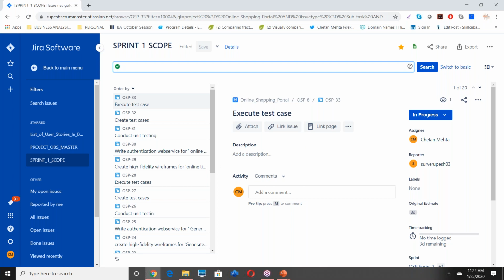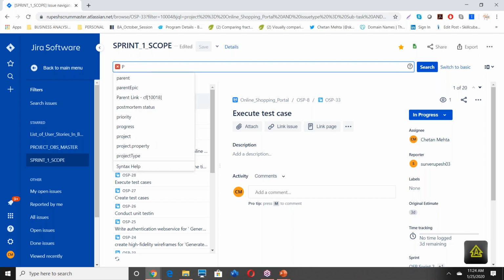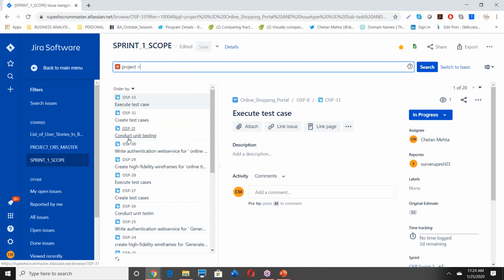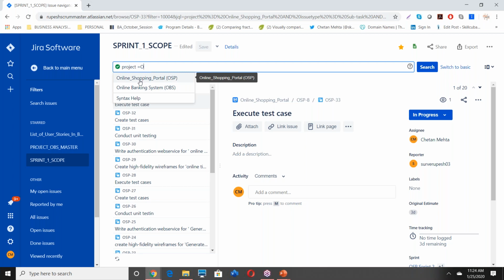So what do you need? You need to tell the tool project is equal to online shopping portal. So you're just typing in, it will bring the data.